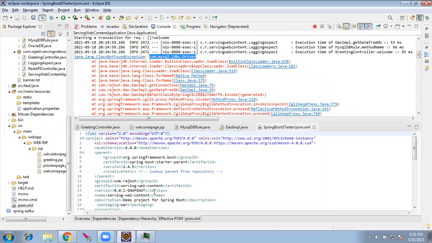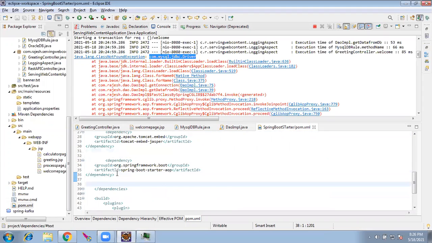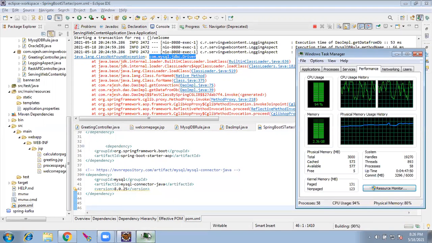I just have to come to the pom.xml under the dependency section. I will paste this. As soon as I paste, the jars will start downloading. Bottom right side you can see, and the building will start. The workspace will start building.